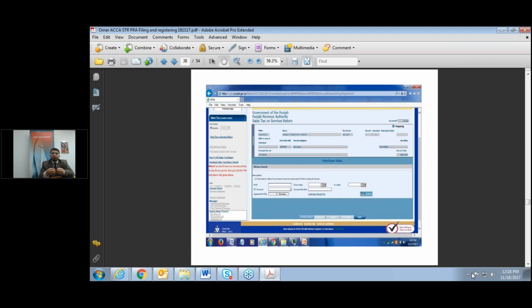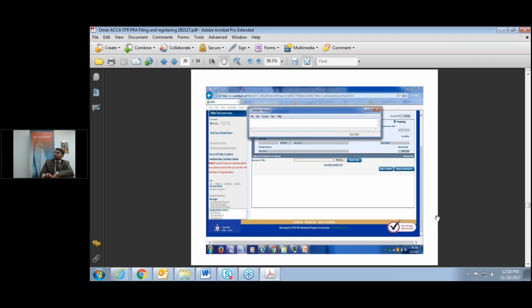What would happen if nobody would file a relevant transaction? Well, that's where PRA's audit comes into play. The thing that they have launched this year is the new concept of auditing the returns to find out these discrepancies. Anyway, going back,